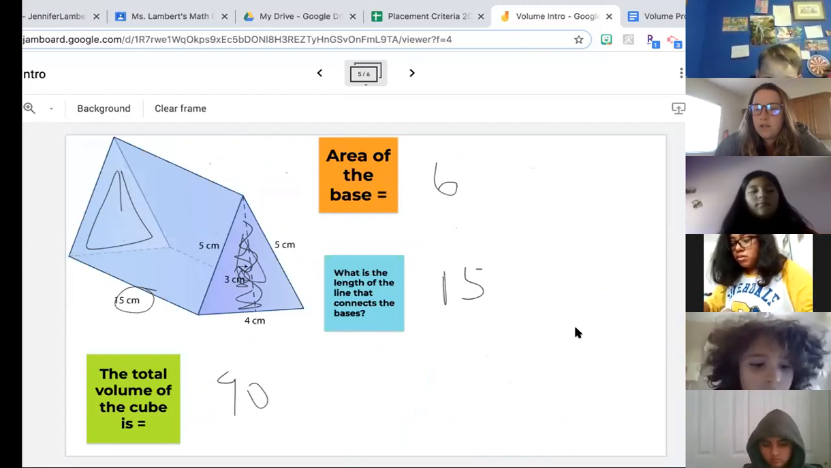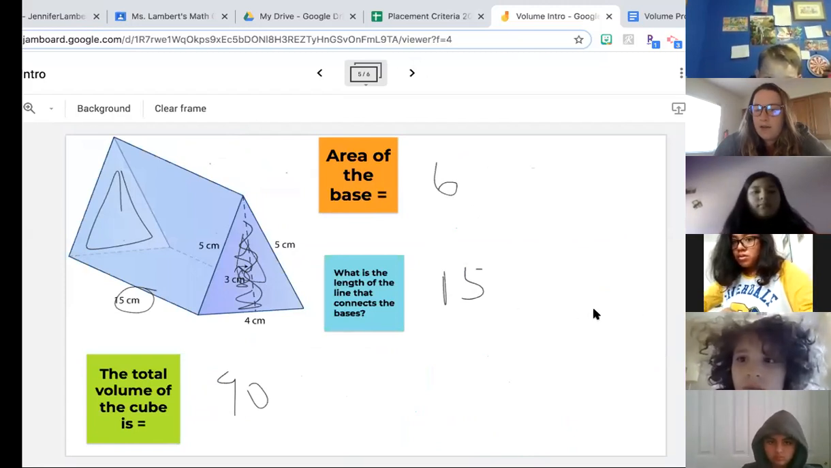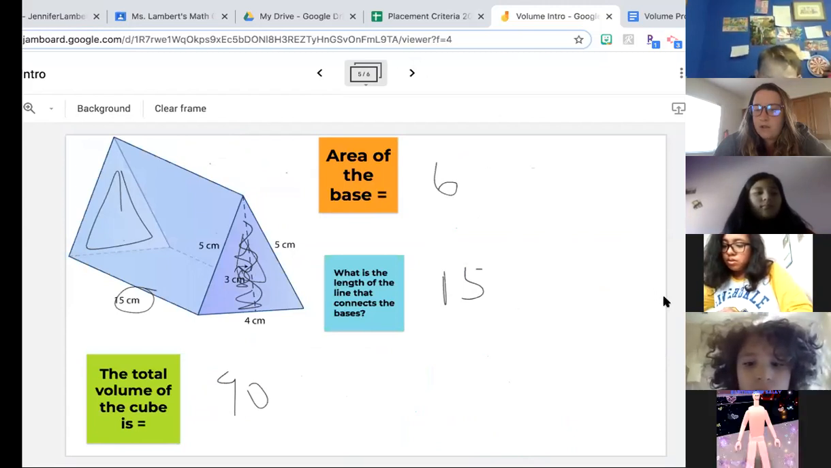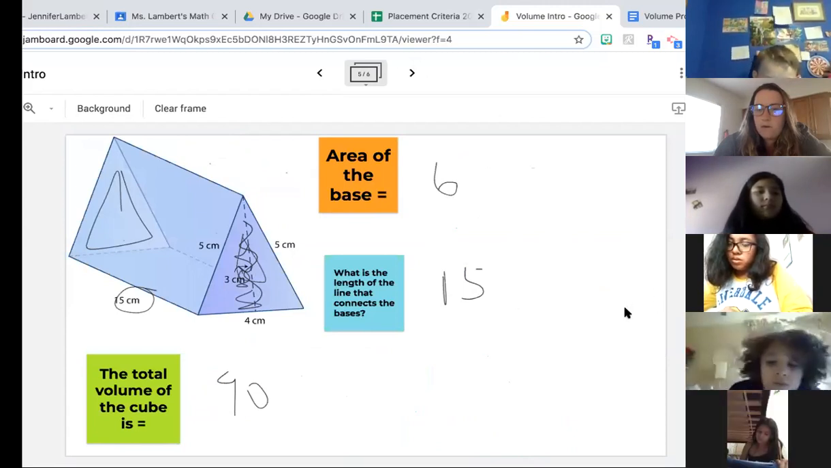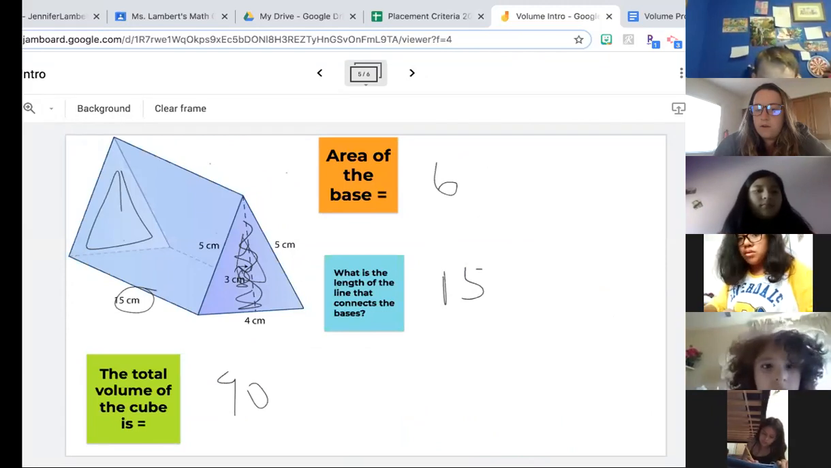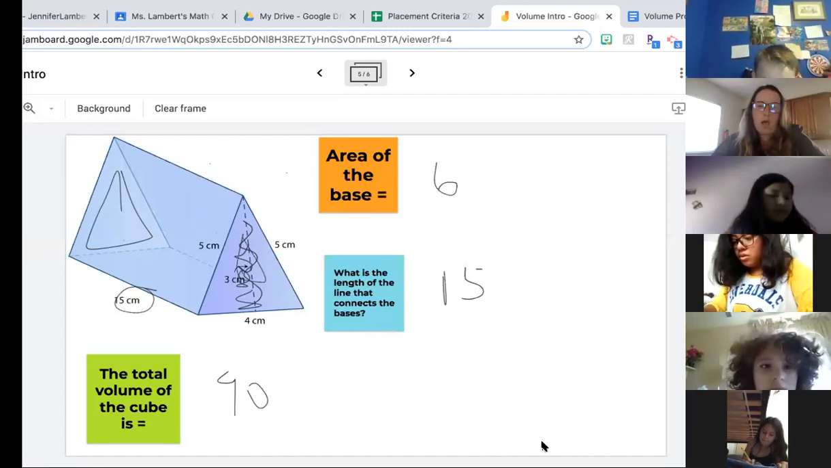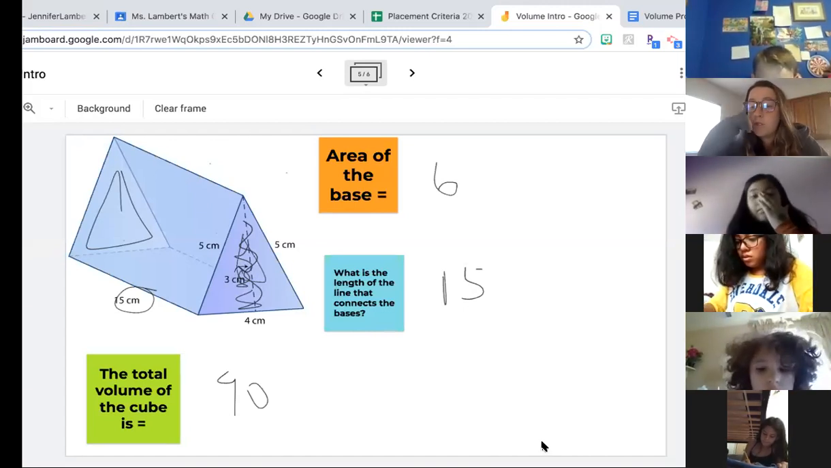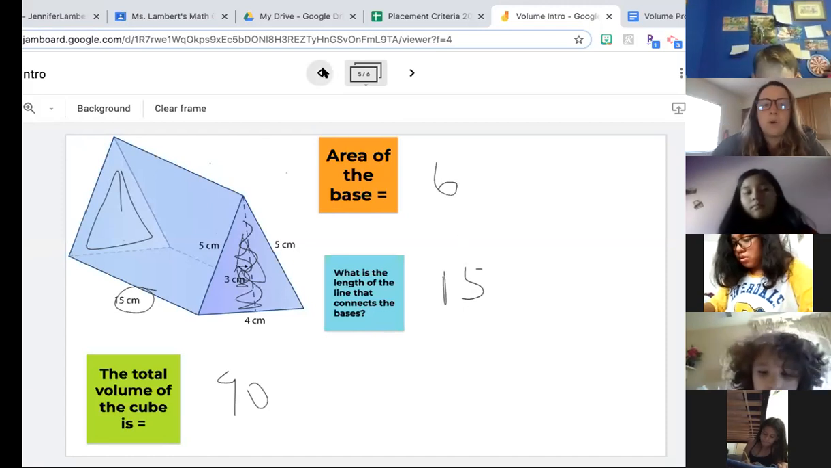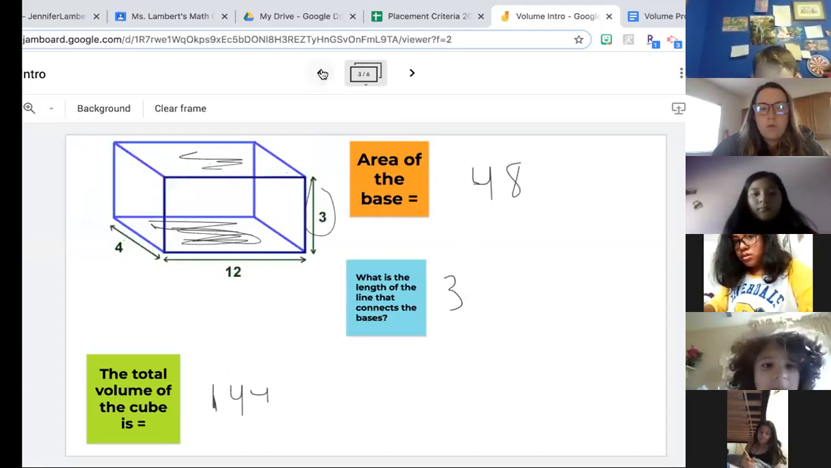Questions on this? You could either raise your hand and ask it out loud or type it in the chat. Everybody's okay? Okay, so area of the base times the height. So back to the steps, what you're going to do now